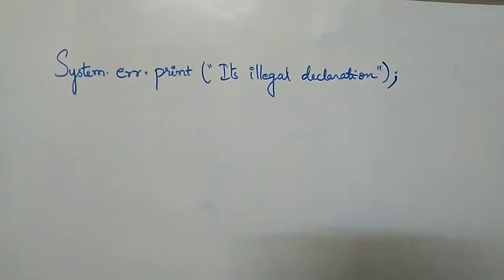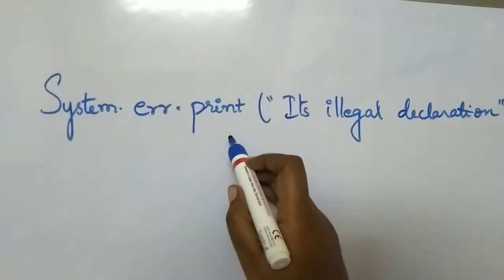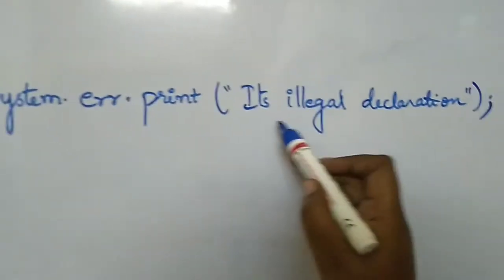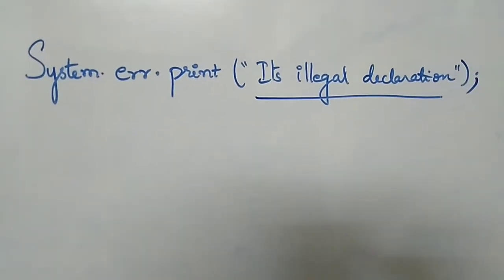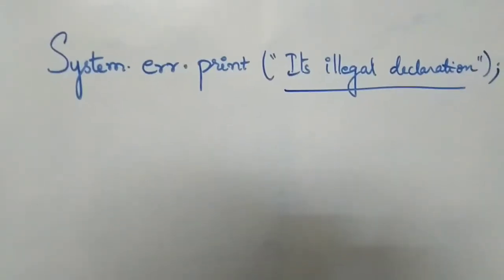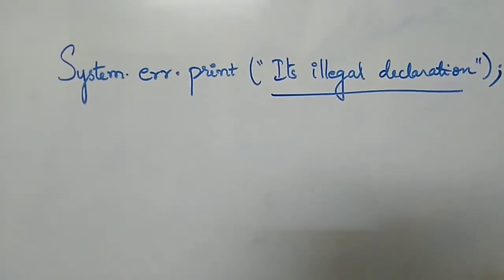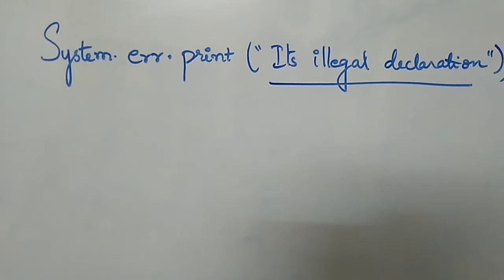Now, how to use err. To use err, you can simply say system.err.print or println. Inside this we write statements that you want the user to know immediately. But if we are using the simple Java console, then both will be displayed on the display device itself. Otherwise, you can write it into a file or something like that.